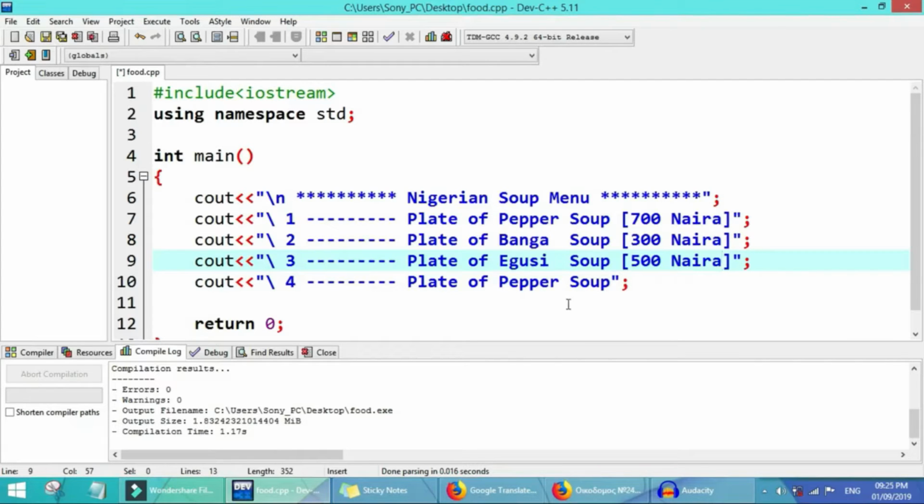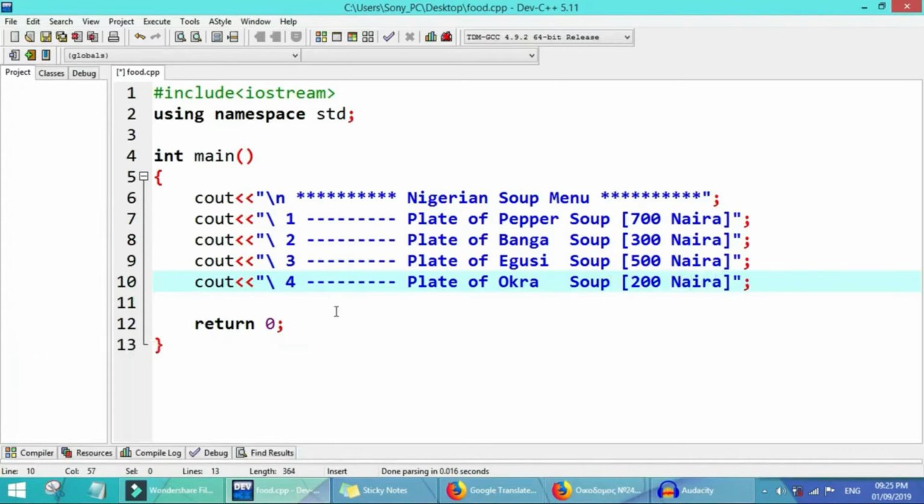Okay, the another soup, we get pepper soup here, we get banga soup, we get egusi soup. Okay, the next soup we call am okra soup. Okra soup, we just put am for 200 naira. So we don successfully write the list.